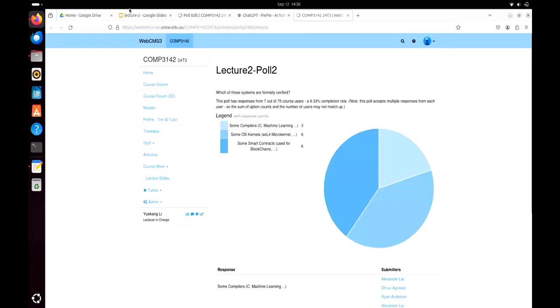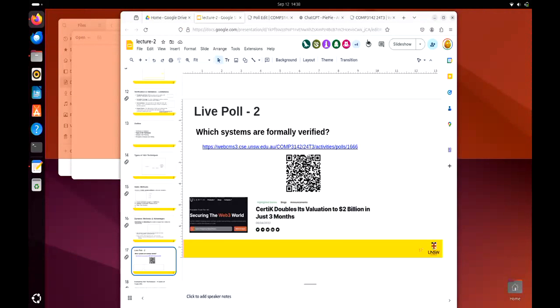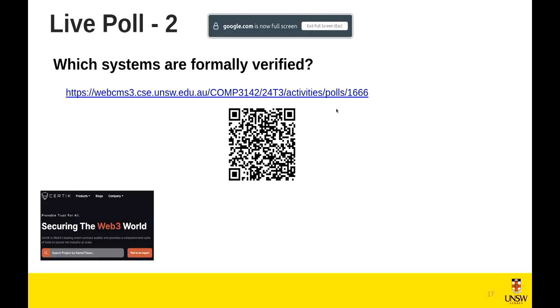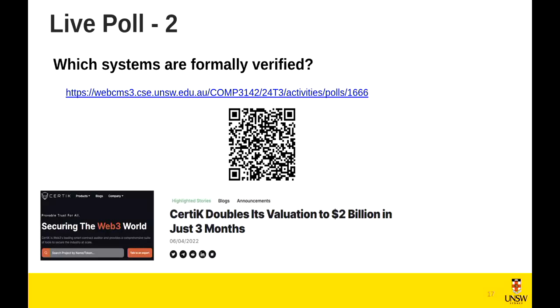And actually there's a startup called Certik. It was founded by some verification professors in the US, and it is now the dominating player in this market. It reached 2 billion in 2022, and it's much bigger today. So we can see that formal verification is still quite practical,